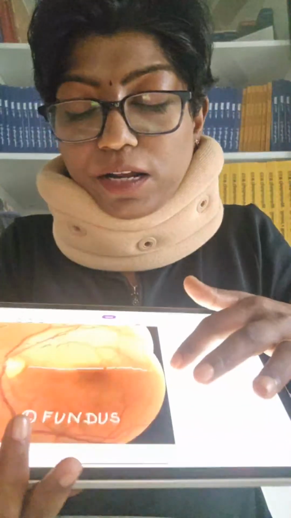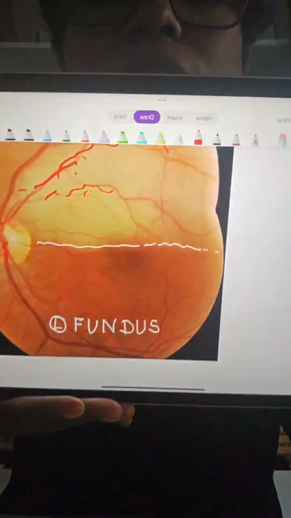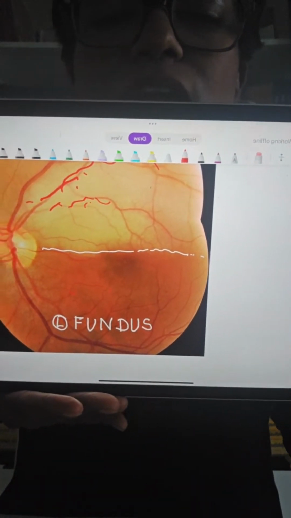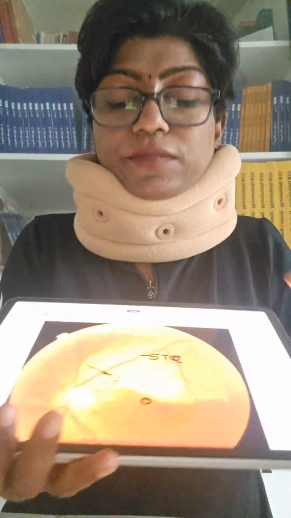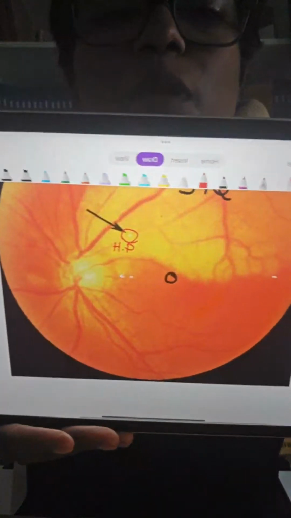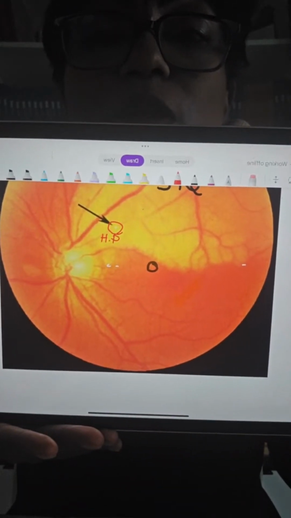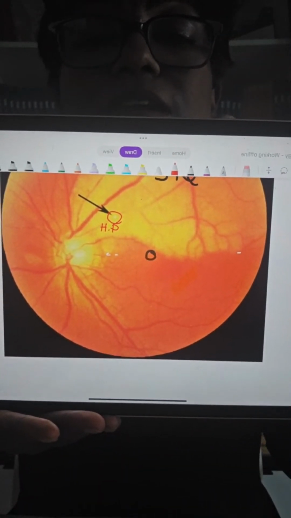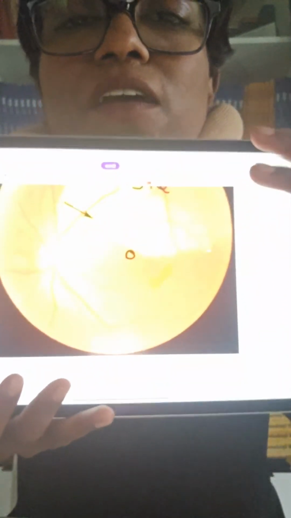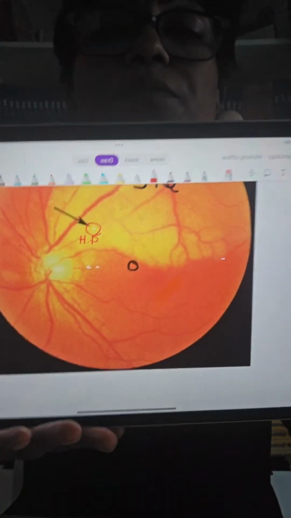So, do you see that? Very good. See here, the foveola itself is not involved. So, that is why it's neither involved nor spared. So, no cherry red spot. If it is involved, then maybe you'll get cherry red spot. Okay, so here again, see, the foveola is not involved, so we don't have a cherry red spot. Understood? Clear? If that opacity would have extended to involve the foveola, then probably where I marked that black circle, we would have had a cherry red spot. Is that clear? So management is essentially the same, just like how we discussed in central retinal artery occlusion.